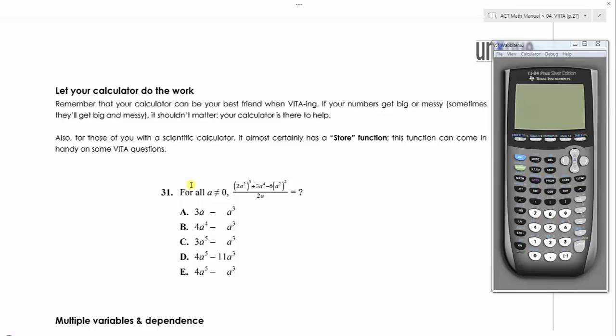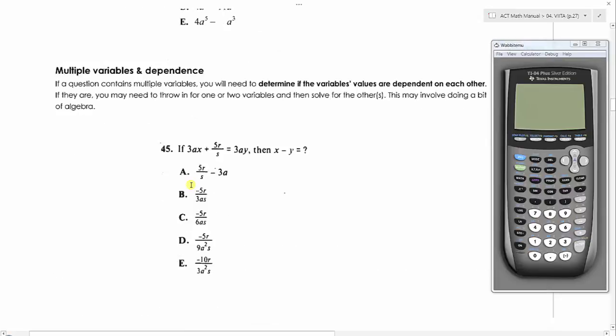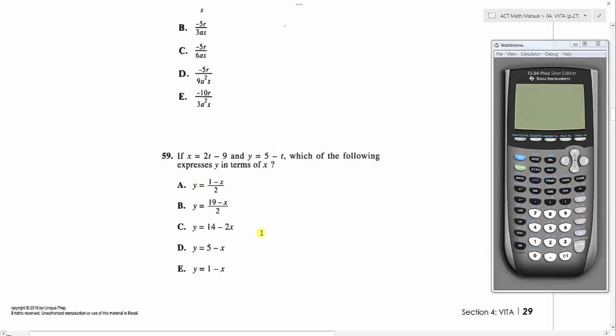2, 3, maybe even 4 answers will come out equaling the same thing. So stay away from 0 and 1. The next page, page 29,